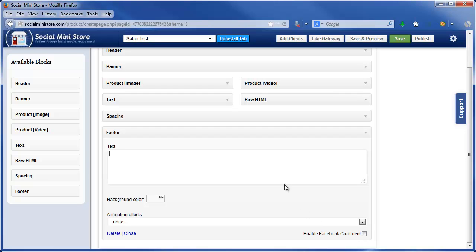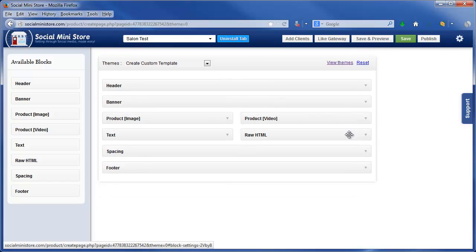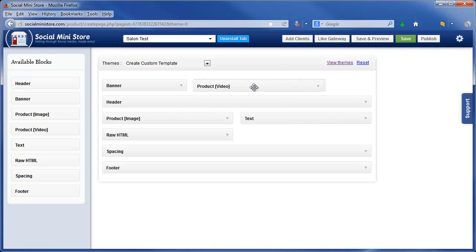So you pretty much have everything that you need between these items to be able to create any type of page that you want. Then you can rearrange them simply by dragging. You can change the size, the location,